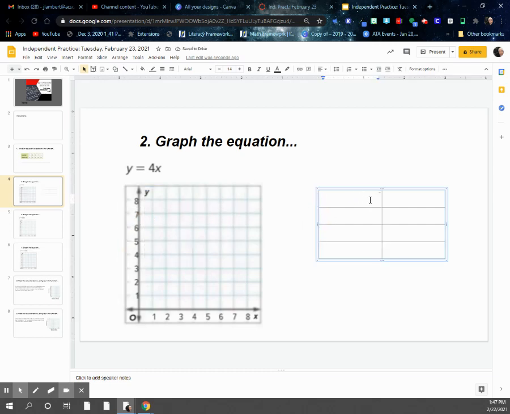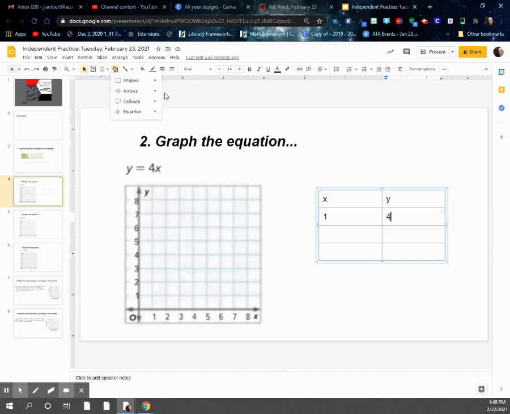And let's say I'm going to put my X values on one side, my Y values on the other. And now I can use my rule to fill out some ordered pairs. So like for the first one here, if my first X was 1, 1 times 4 is 4, so my Y would be 4. So now I have the point 1, 4, the ordered pair (1, 4), and then I can take that and I can add that to my